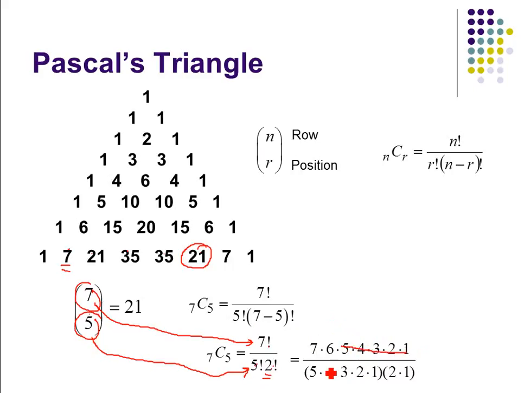These will all reduce to 1. I've got 7 times 6 divided by 2. So the 2 and the 6 will reduce to 3. I got 7 times 3, that equals 21. So that's one way, without having to actually expand the whole Pascal's triangle if you're just looking for a particular